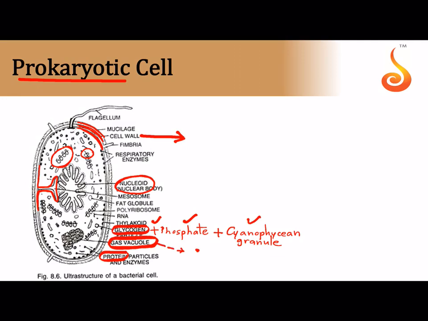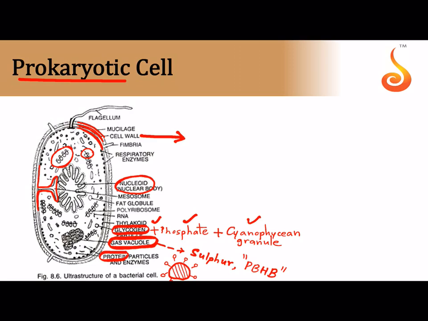Along with gas vacuoles, you may also find certain sulfur granules, or PHB, that is polybeta hydroxybutyrate crystals, which are covered by a non-unit membrane. A non-unit membrane means, for example, this is the gas that is accumulated in the center. It may have a single layer of lipids, not a bilipid layer that we see in a typical plasma membrane, which is called the unit membrane.